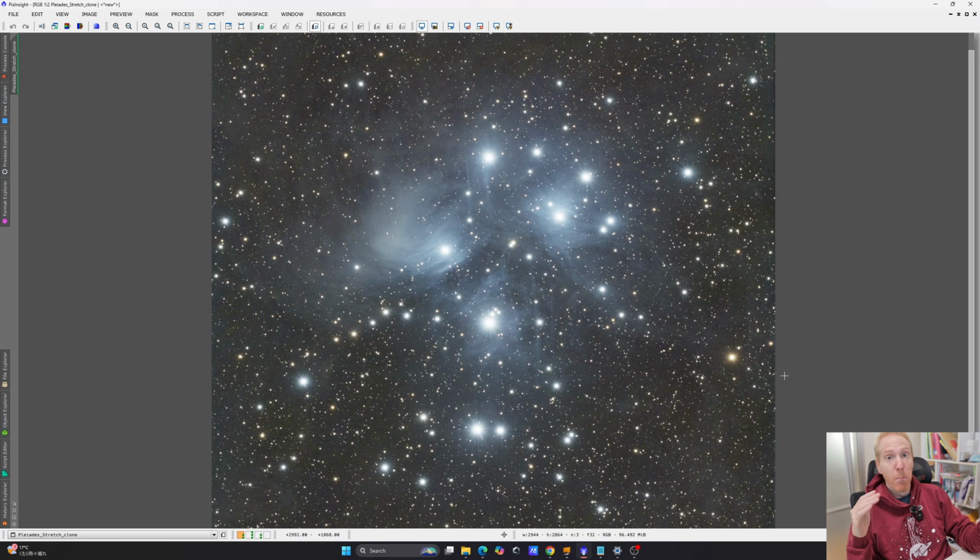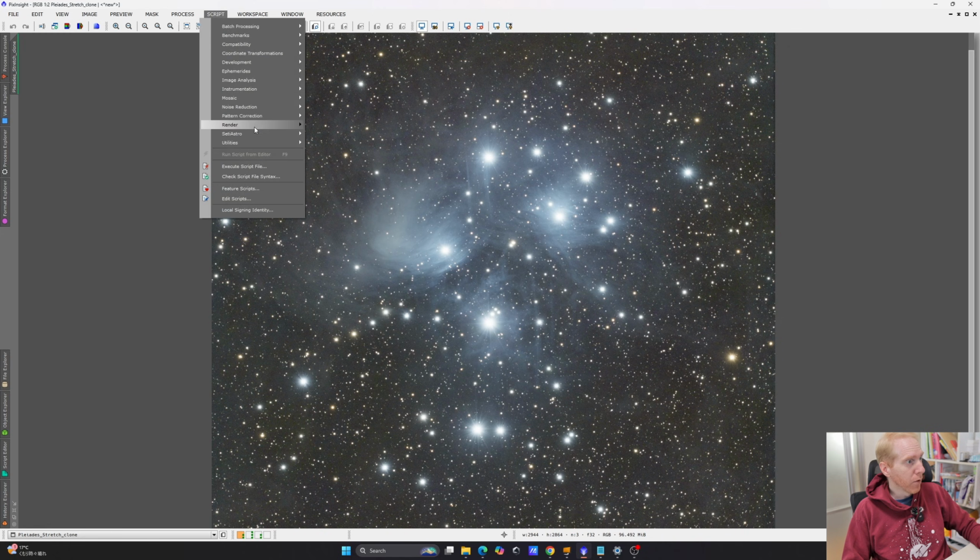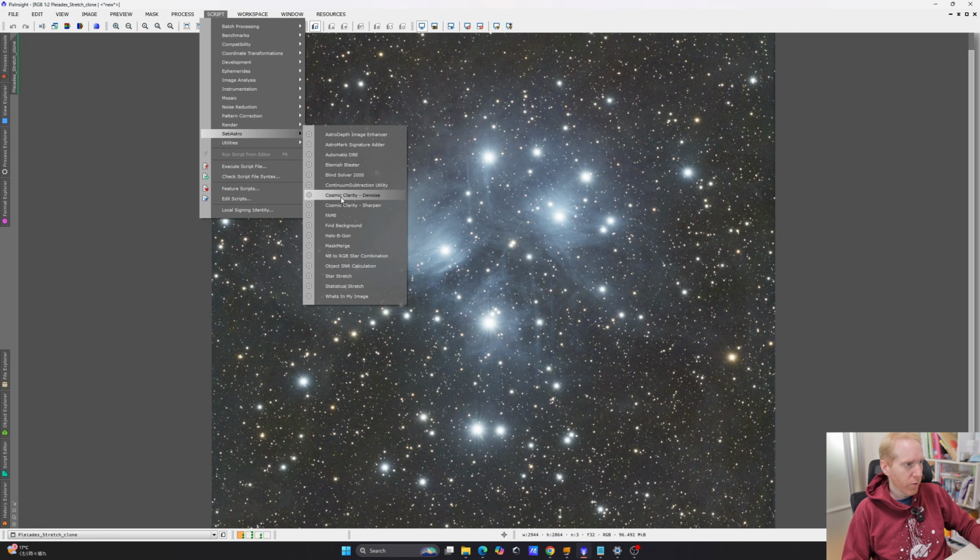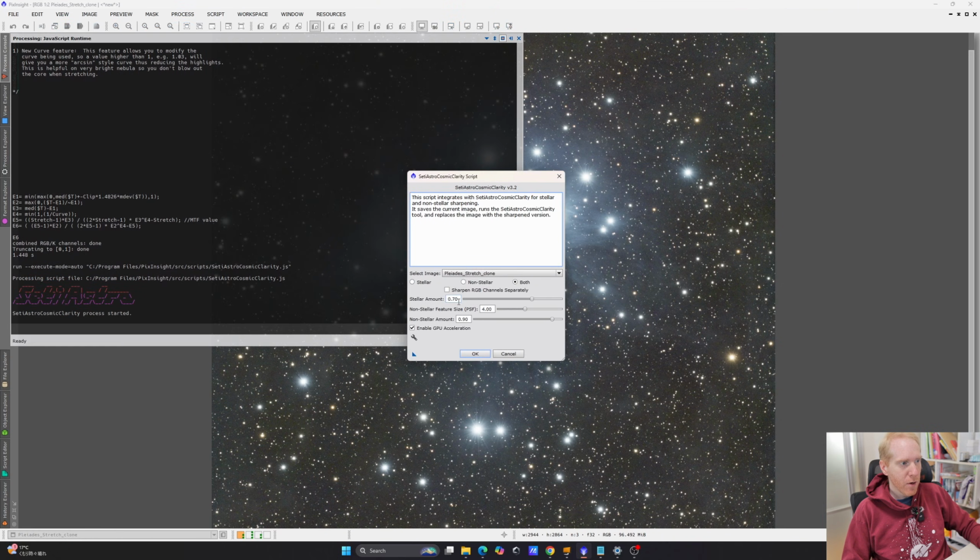Okay, so now that we have both the standalone tool and the script that actually calls the standalone tool installed, let me show you how to use it. So I have here an image of the Pleiades that I took a few years ago, and you would go to Script, SetiAstro, and when you want to sharpen, use Cosmic Clarity Sharpen there. You can set parameters, like how much you want to sharpen the stars, how much you want to sharpen the non-stellar stuff, as well as the scale at which you want to sharpen the non-stellar stuff, which can be important. For this particular test, I used the default values, but we could change that to try and match stuff